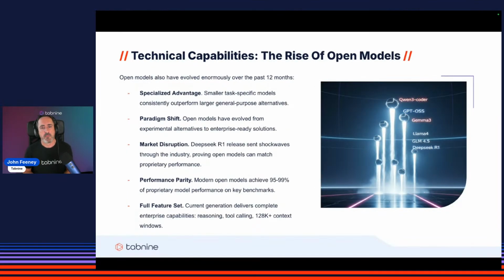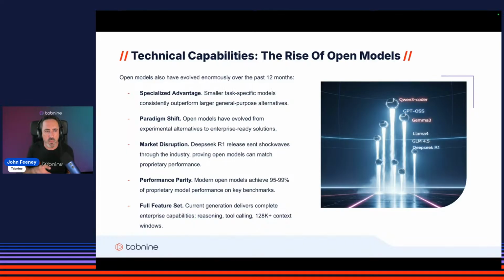So when it comes to air-gapped, I think it's obviously important to talk about open models, right? When I spoke about open models for the first time a couple of years ago, it was a very different picture to what we're seeing now. Back then, if you really wanted the best AI experience and the best generative AI performance, there was really no question about it. You needed to go with a proprietary model at the time.